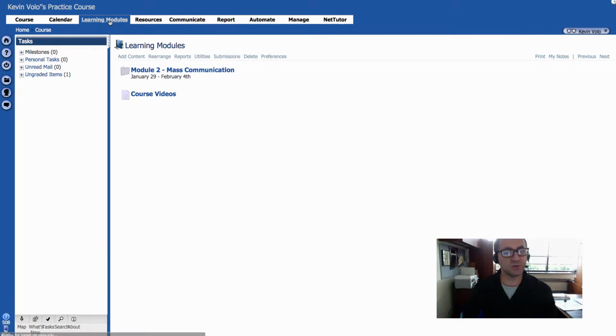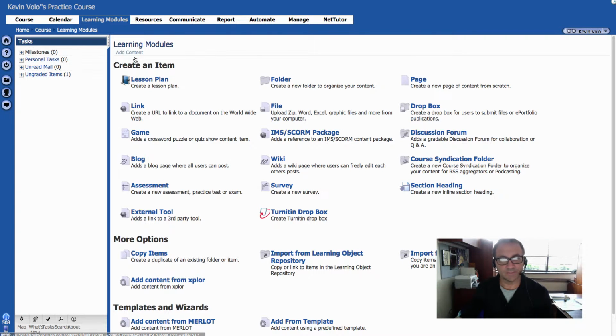Going to go to Learning Modules, and I'm just going to go ahead and add that content right out here in the root. Now if you needed it in a folder, you could put it in a folder. Of course you could move it there. So I'm going to click Add Content. I'm going to create a page,